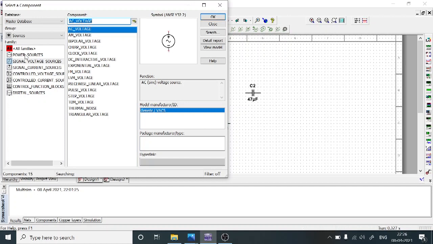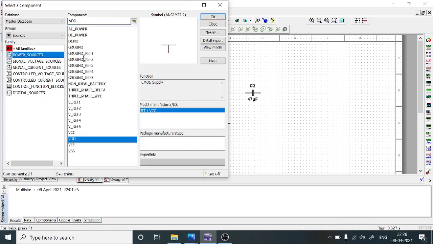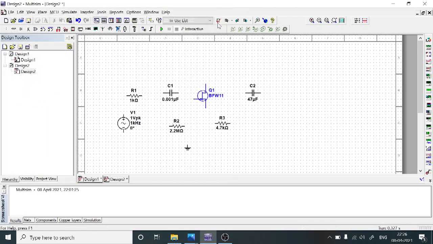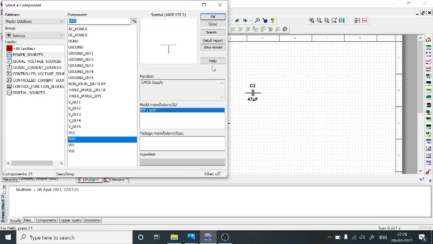In the Sources group, you select Power Sources and select the ground, select OK. Then we require the biasing voltage, which should be represented as VDD, select OK, then place it here. After selecting all the components as per the given circuit, close the component window.